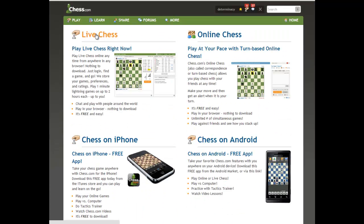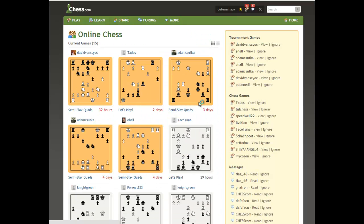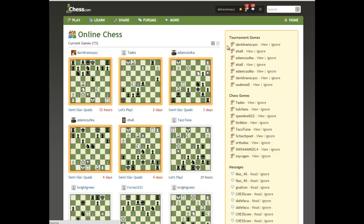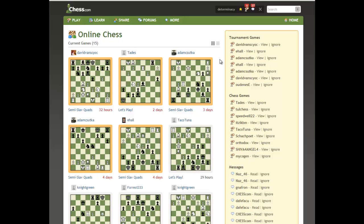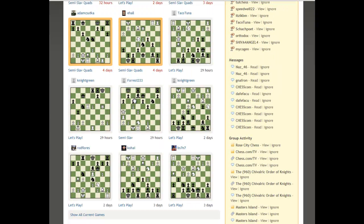Online chess, this is what I used to play live chess a lot, but now I'm playing a ton of online chess. So you can see this is my account. I have a bunch of games going, and this is really a lot of fun. So these are turn-based games. So basically you have like 3 or 5 days per move, every move, but I end up playing some higher